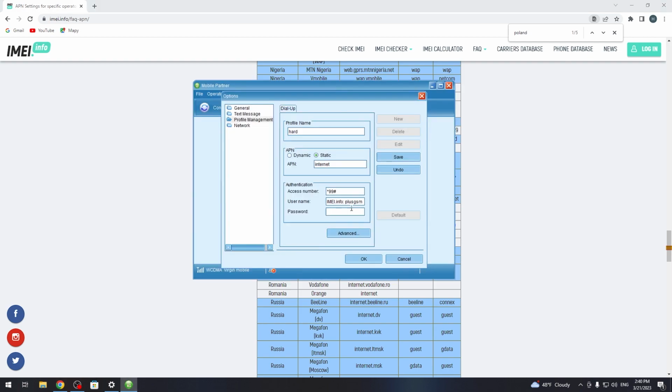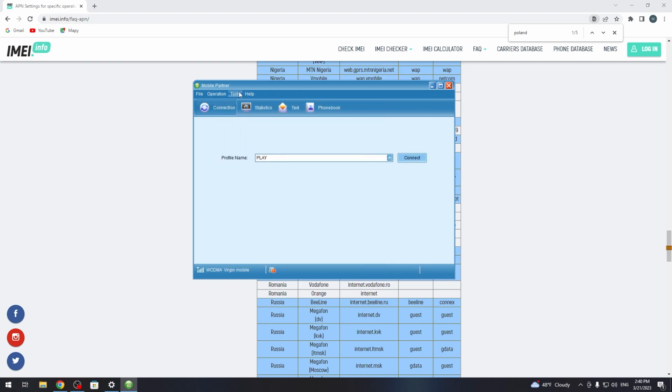And the password is the same as your email address. Password is the same as the name, so we can paste that. Also, it will add HardReset.Info or something like that before the name, so don't just paste it, you need to edit the text. Then click on OK, or actually wait, let's close this because we need to do something else